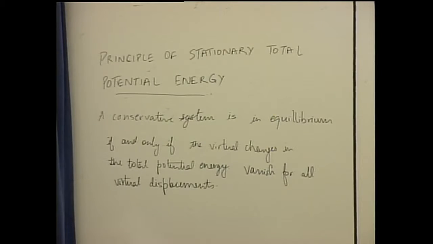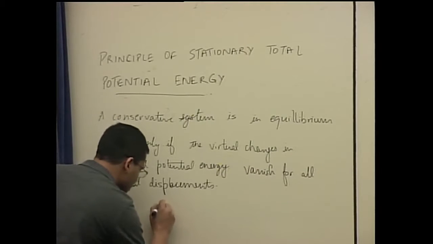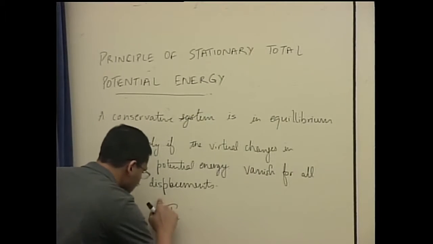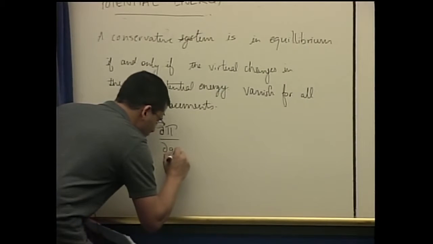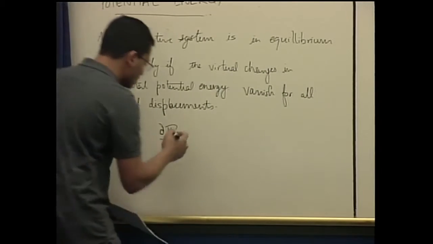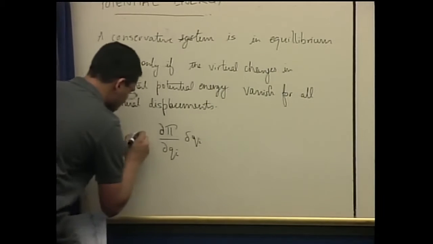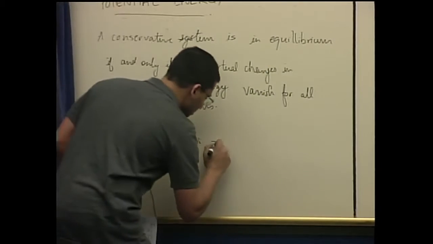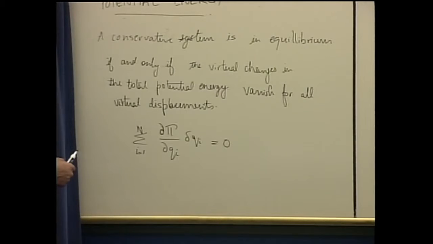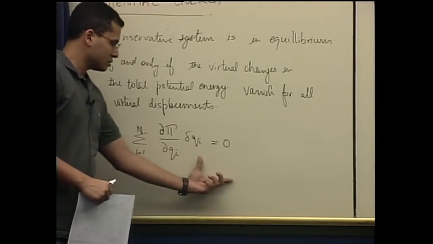We can also write this sentence in terms of an equation, and that would be the differential of the total potential energy with respect to all the generalized coordinates, times the virtual displacements. You sum them up over all the particles you have, or all the degrees of freedom, generalized coordinates, and then you have this expression equal to 0. So virtual changes in the total potential energy vanish for all